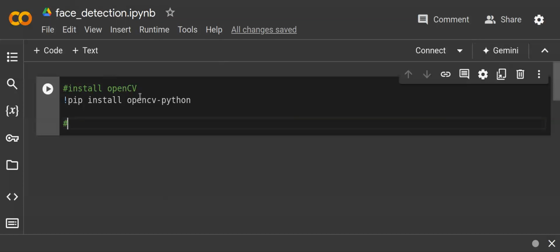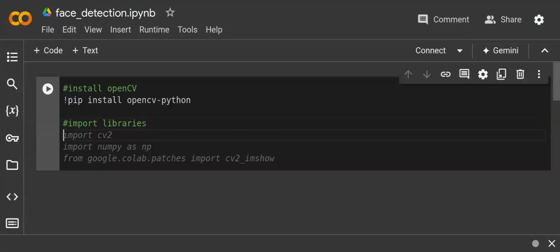Good. So I'll just say something like import the libraries. Okay, so I'll say import the libraries that we are actually going to use. So let me go straight to this. I'm going to say import libraries. You can remember this from our last class. So I'm going to say import CV2. That's the version 2 of the OpenCV. That's what I want to use. I'm also going to import